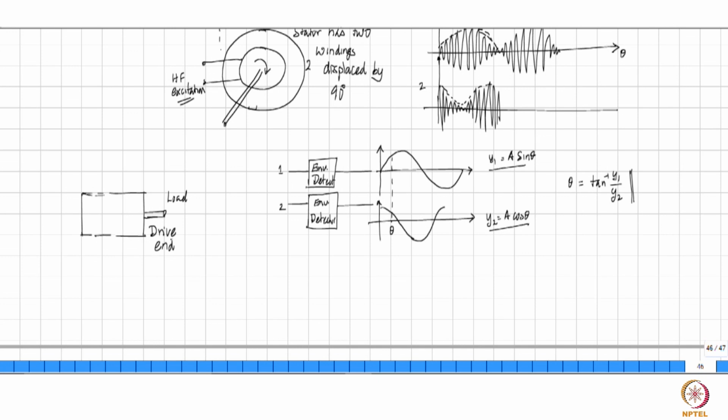So if you want to have an encoder on the machine, then it is necessary that you need to have an extension of the shaft on the other side. So this side is called the non-drive end. This is usually called NDE, and this is DE. So at the non-drive end, you need to have a shaft extension or a way by which the encoder can make a physical mechanical connection to the shaft.